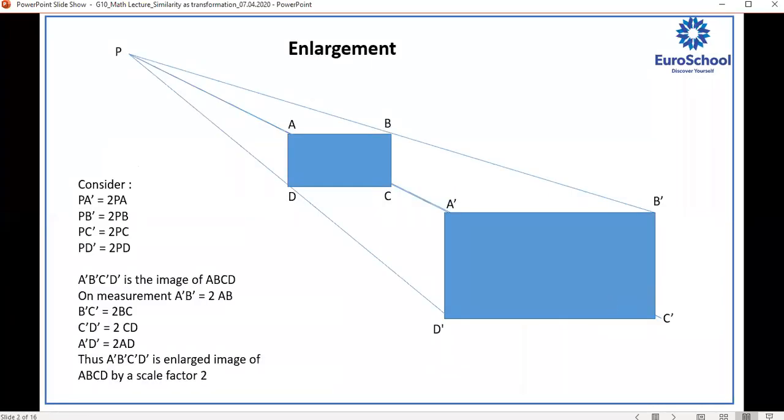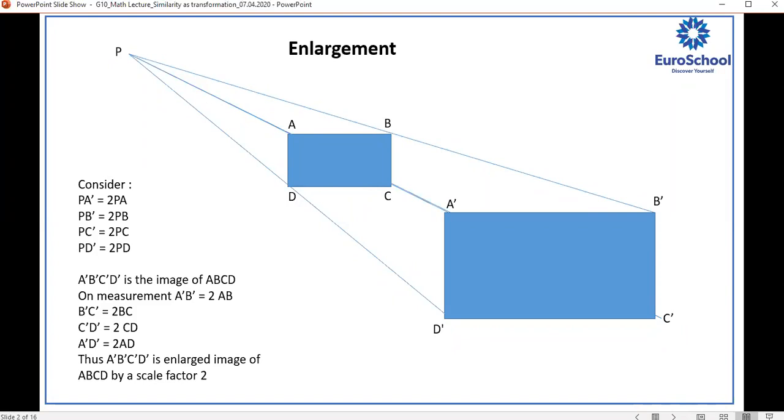Okay, so what is similarity? Just a recap of whatever we did yesterday. Ma'am, can you repeat your question? Yeah, I'm just taking a recap of whatever we have done yesterday. So my first question is, what is similarity? Anyone? Ma'am, there is only a difference in the size, but the ratio is proportional. Exactly. They are similar from all the aspects except size.